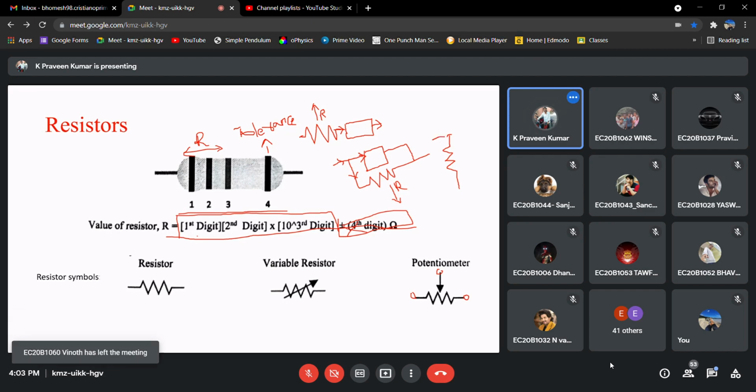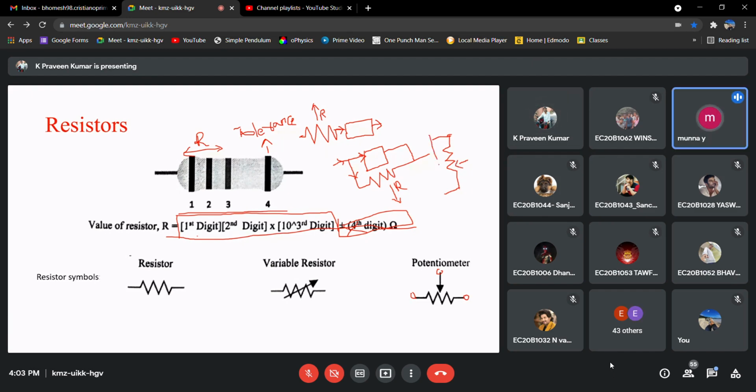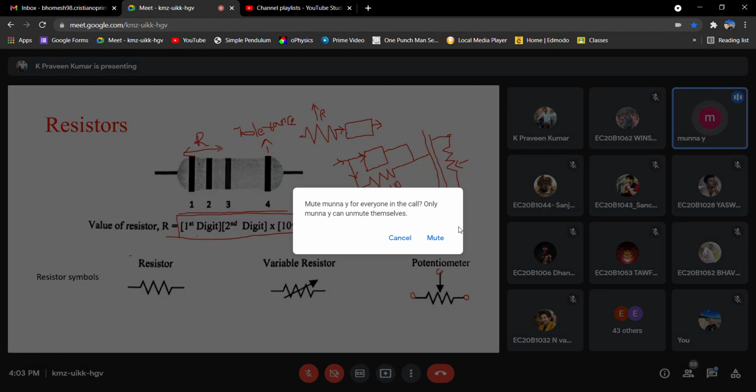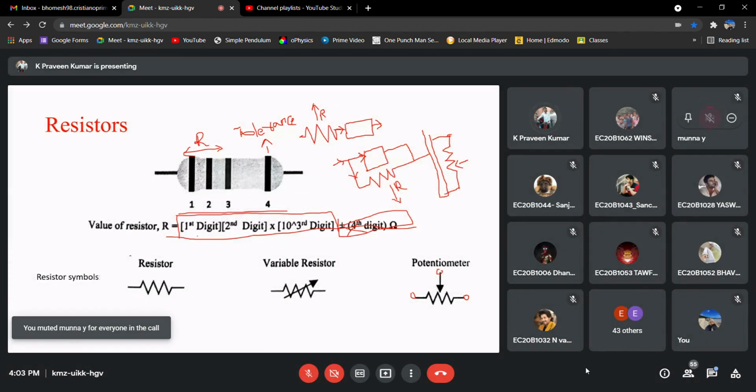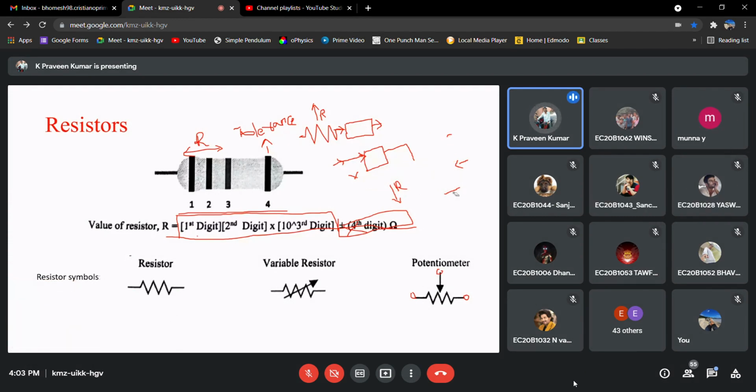So here I redraw. Okay. Say for example, this is my potentiometer. We'll be having basically 3 terminals, and let us say this is connected to some other circuit.